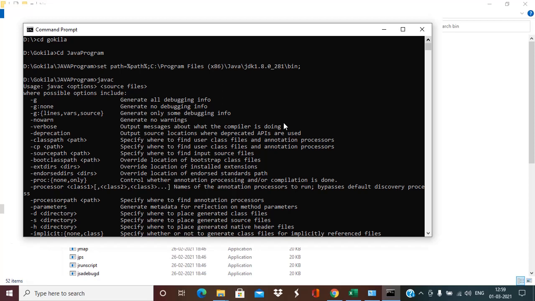Just give enter. So now if everything is perfect, the next prompt will appear. It is appearing perfectly. To check whether the mapping has been done properly, just give the javac command. Yes, it is properly mapped. So it is running properly. So this is the other way of mapping the JVM with your working environment.